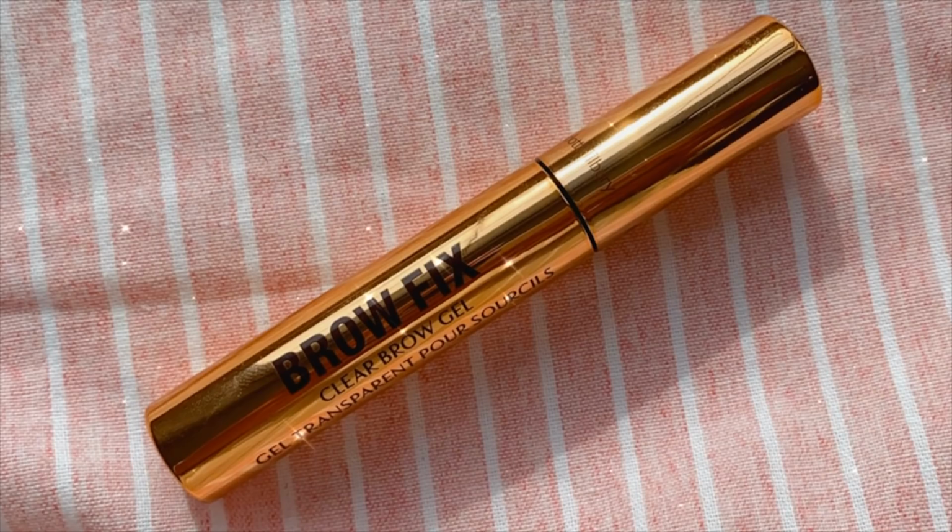And the last brow product I wanted to mention is this one right here. This is the Charlotte Tilbury Brow Fix. I really underestimated this product. I thought it was just going to be another clear brow situation that didn't really offer too much hold, and it would make my eyebrows feel really crispy. I like to use this on the days where I want my brows to have more texture and hold